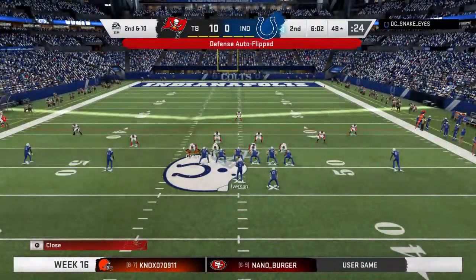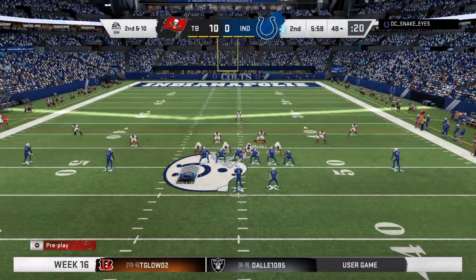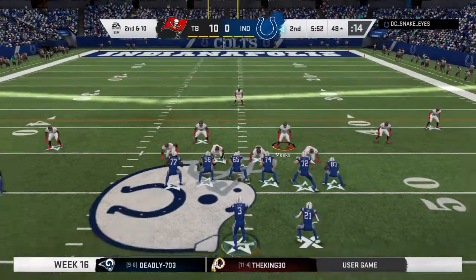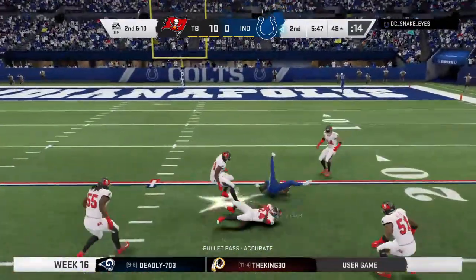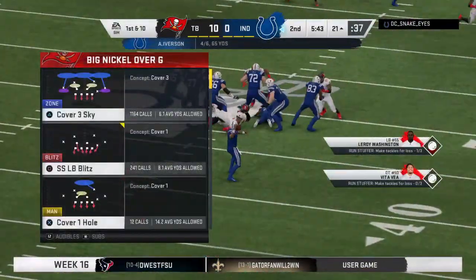So after the run for no gain, here's 2nd and 10. Guys, it's game situation. Let's go. Shoot! Shoot! Operating from the gun, Iverson. Campbell making the catch. And this is going to lead to another first down as the tackle's made at the